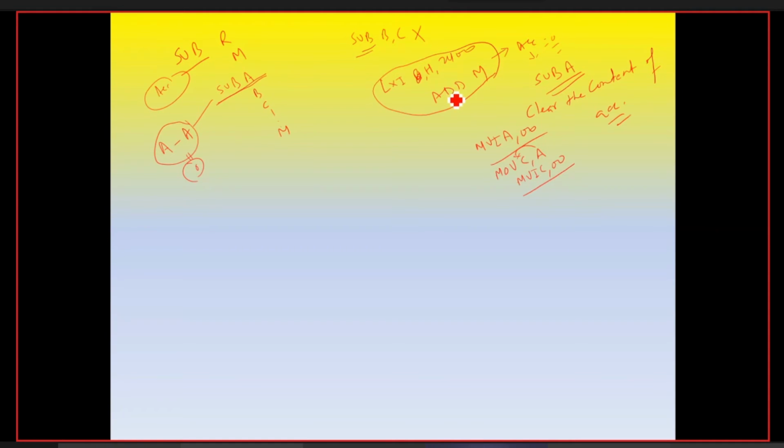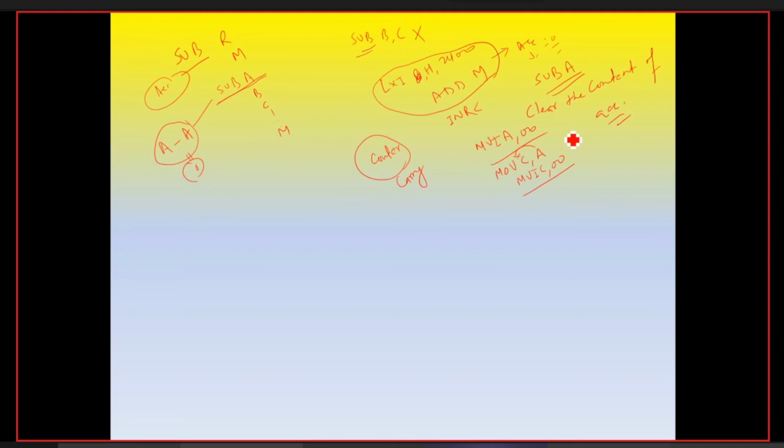Okay, suppose in some example, or in many examples of addition, you have to use a counter. You have to use any one register for the counter or for the carry purpose. Suppose you did not initialize C and you are using INR C, increment the content of C, without initializing this register to 00. So some value will be there by default, a garbage value will be there in register C, and from there it will increment by one.